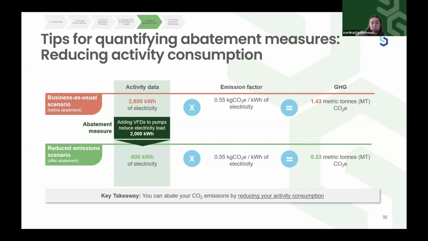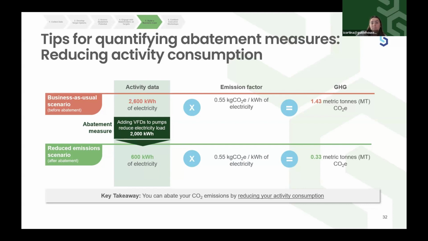By adding VFDs to the pump, the energy reduction in green, you can see goes down from 26,000 to just 600 kilowatt hours. And that's just from adding that VFD to your pump to reduce your electricity load. You'll still be using the same electricity, so nothing changes in the emissions factor as the electricity source remains the same. But since you've lowered the electricity usage, you've resulted in just 0.33 metric tons of CO2 as compared to the